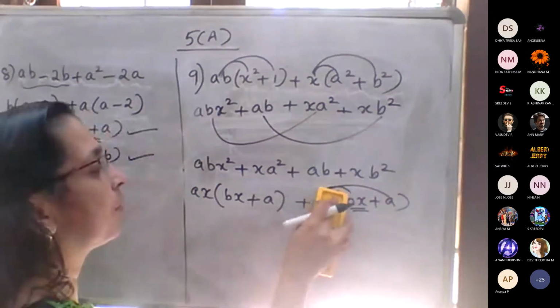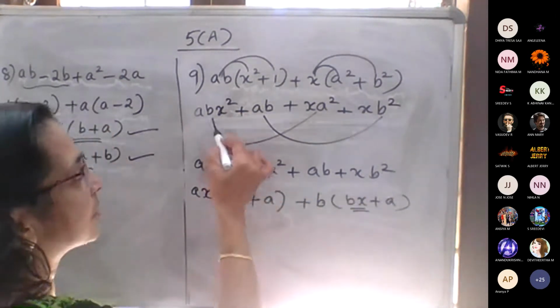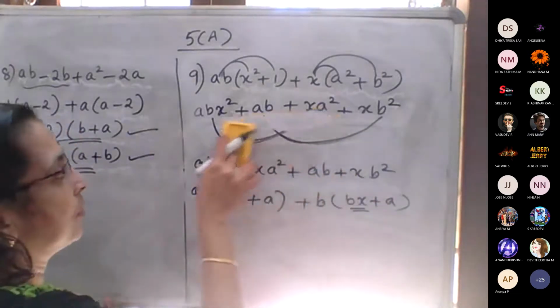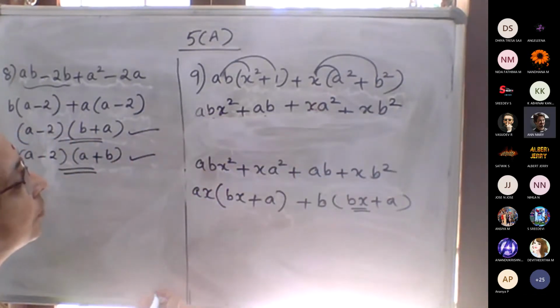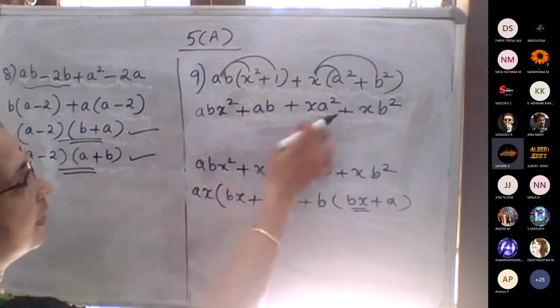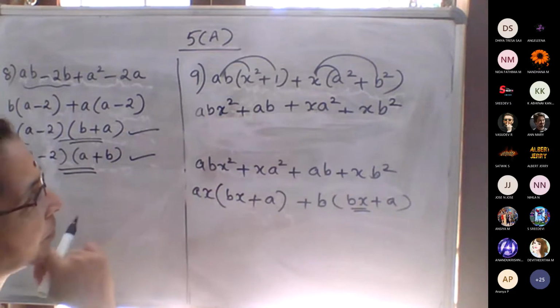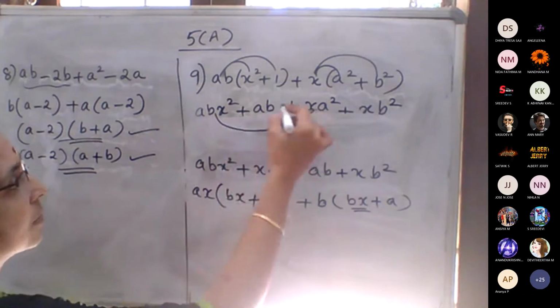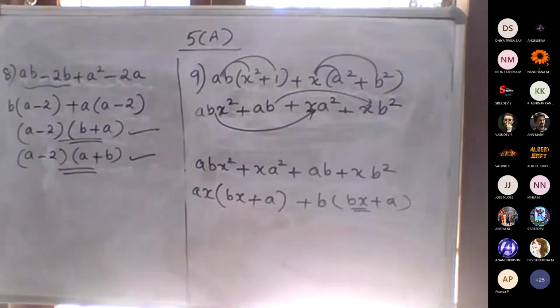So what will happen? If we change the brackets, we will get the first and the third, and the second and the fourth. Okay. Then change the bracket, then change the place. AB x square plus AB. If you need, you write these brackets. This shifting of the place, put an arrow with your pencil. After that only we are writing this step, which is changing the place.